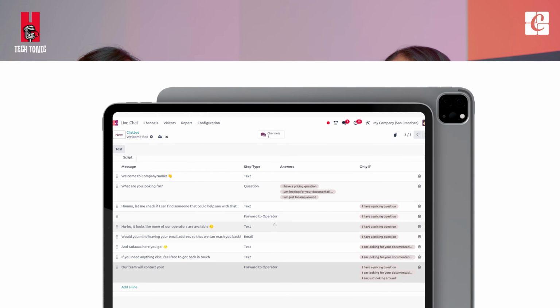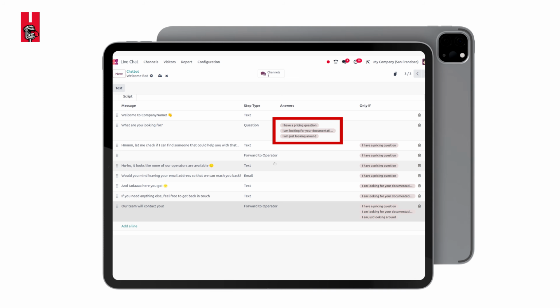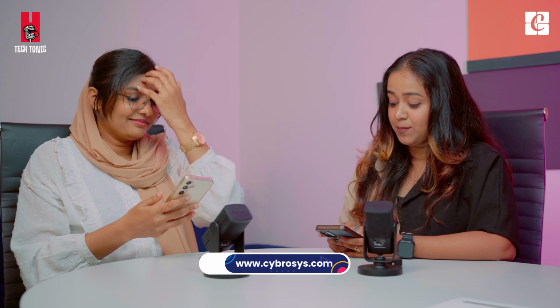And next we have sending chats for technical support, which is something related to the chatbot. So we can set scripts for chatbots. Even if technical support is not available, the chatbot will be giving services for us. Sometimes the chatbot would follow the script, asking about product inquiry or pricing inquiry and all. But if we want to directly connect with the technical support, we can also easily do that in the updates of Odoo 18. Okay, so that's all about the chatbot.